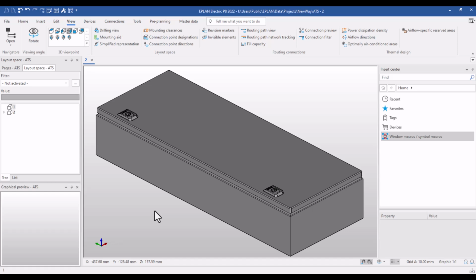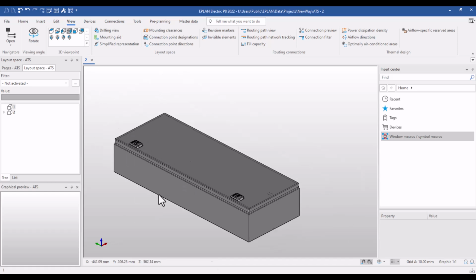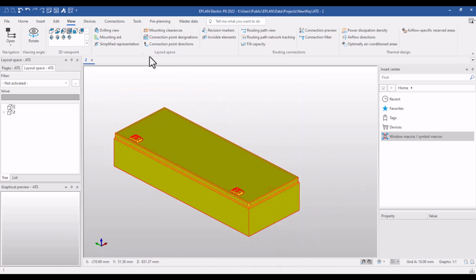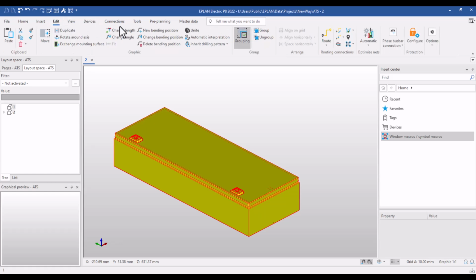So what I'm gonna need to do is to select the entire thing like that. After that, I will need to go to edit, then rotate. First thing, you will need to ask what is the axis you will need to rotate around. I will need to rotate around this axis, which is this one. When I select it, as you can see, instead of red, it is becoming yellow. So when I press this,